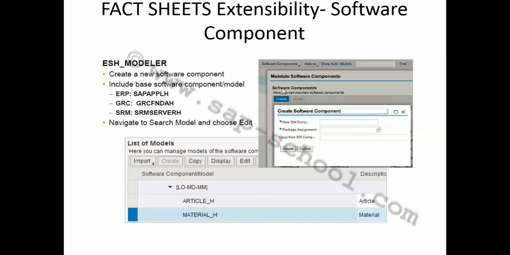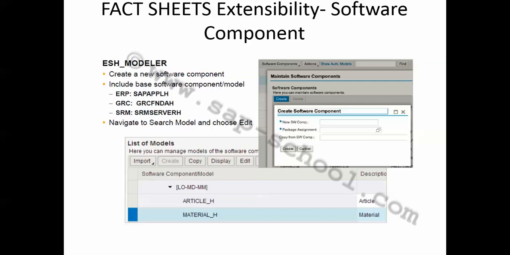After that we have the software component. So we have the ESH modeler for it. Once the search model is known, we can then proceed into the modeler transaction. Within the modeler, we have to create a new software component, and then we have to include the base software component.